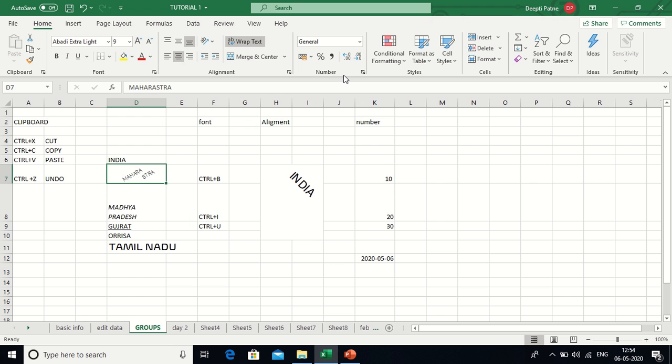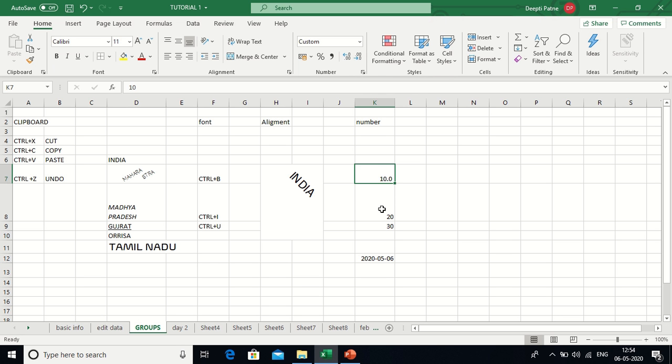Now let's see the number. What is there in the number? This number group is very useful, especially when you are working with certain kinds of data. For example, I had written a 10 and I want to represent it as 10.00. So how will I do this? A shortcut is available on the screen, which says increase decimal. Click on it. See, the decimal increases by 1. If I further want to increase, I will keep on clicking on it. Now I want to decrease the decimal if it is already present there. How do I do it? I will just click on decrease decimal.